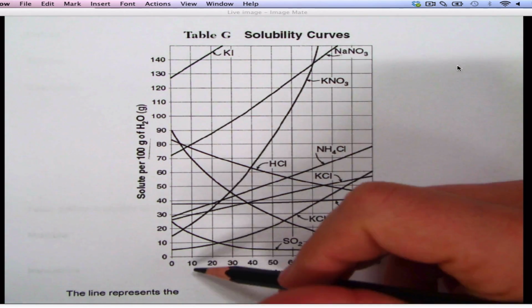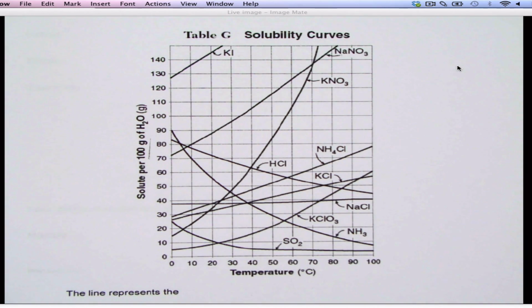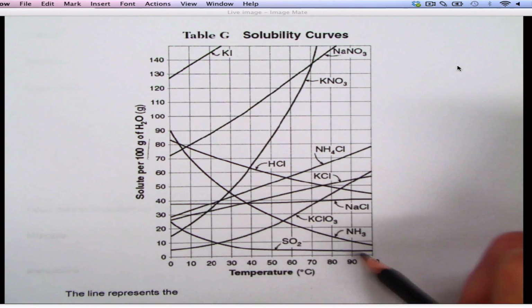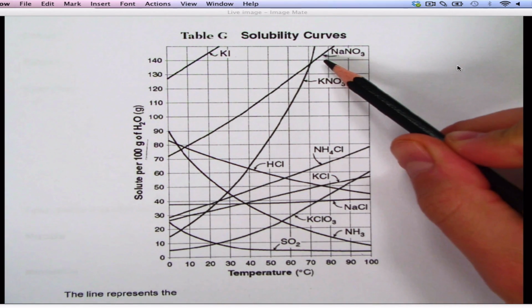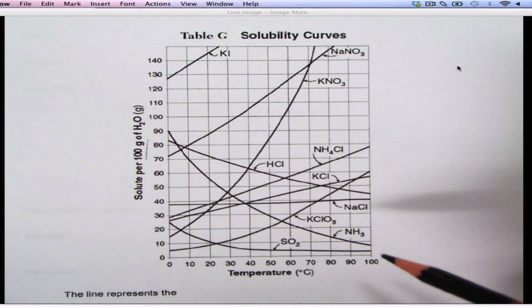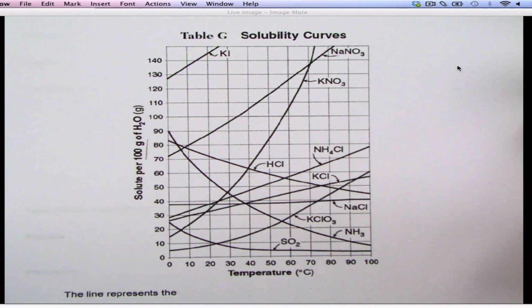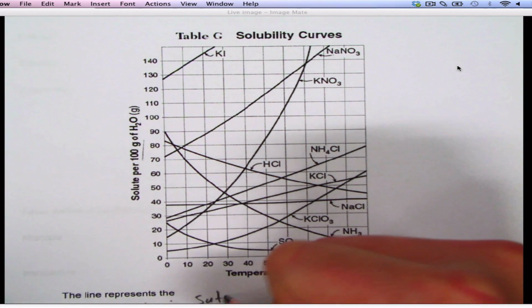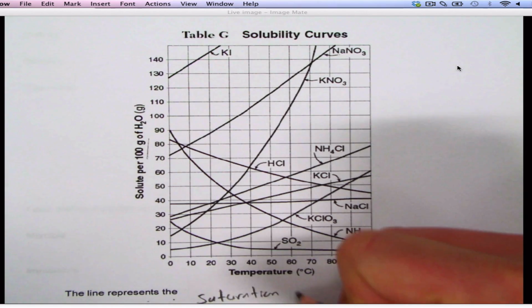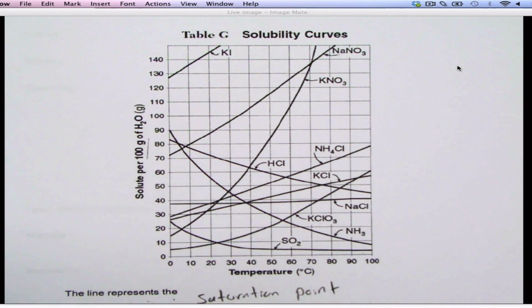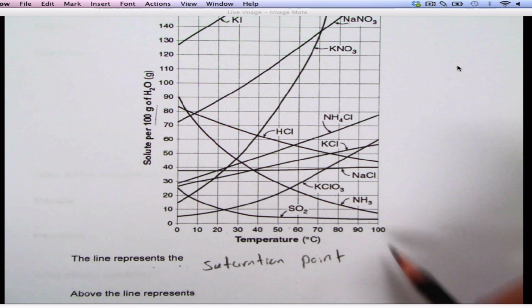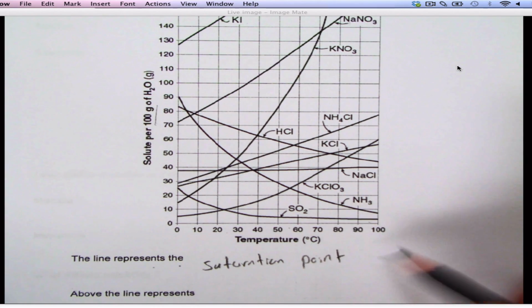All right, so obviously as most of the trends go, as you increase your temperature, you can increase how much you dissolve. There are a couple that don't, and those are usually gases. Gases usually operate opposite of what liquids do. So the line represents the saturation point at that given temperature. Whatever temperature you're looking at, say 190, whatever the case may be, that line